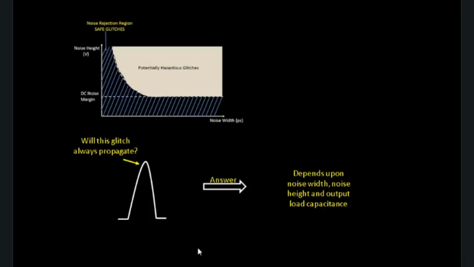Okay, so that was about the glitch and its dependencies. It will be decided on the noise width, or the glitch width, the glitch height, and the output load capacitance. These are the three important factors on which this will be decided. Okay, next we'll be looking